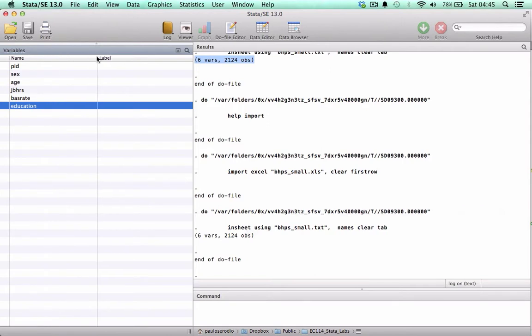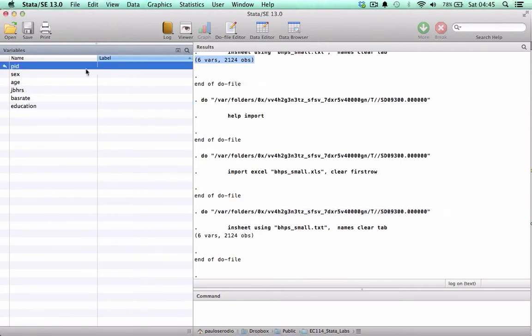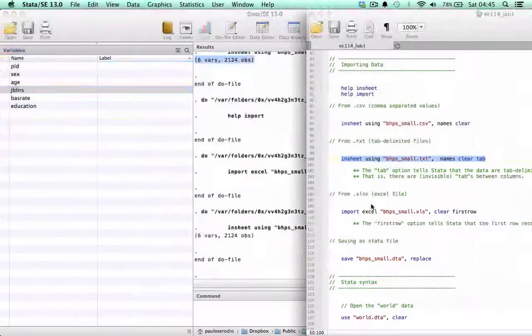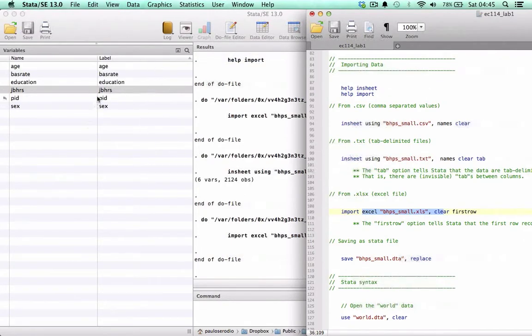So we had the variable names but not the labels, so if I wouldn't tell you, you did not know what JBHRS meant. When you import directly from Excel, you have a label attached to it, which here is not informative because